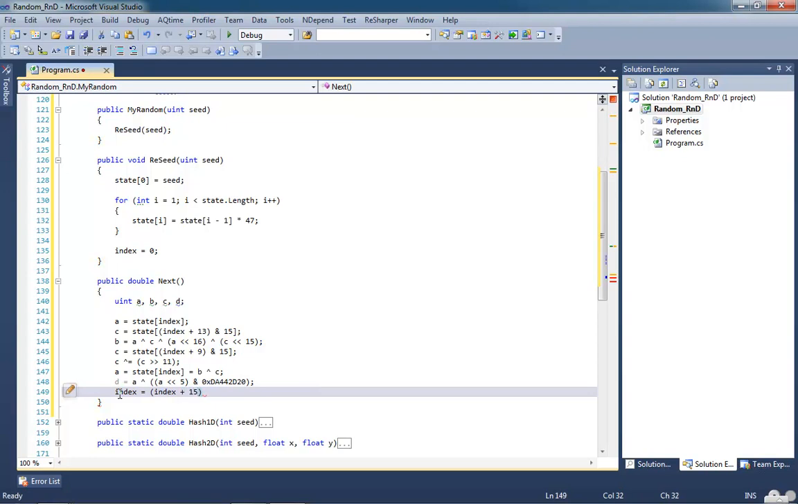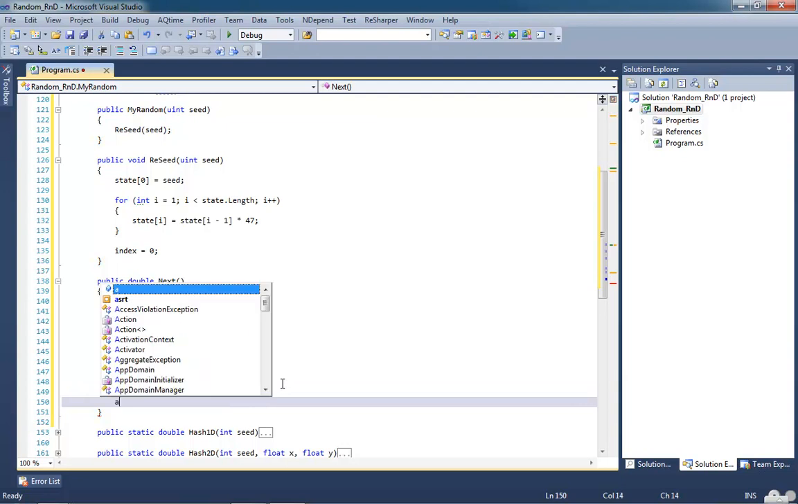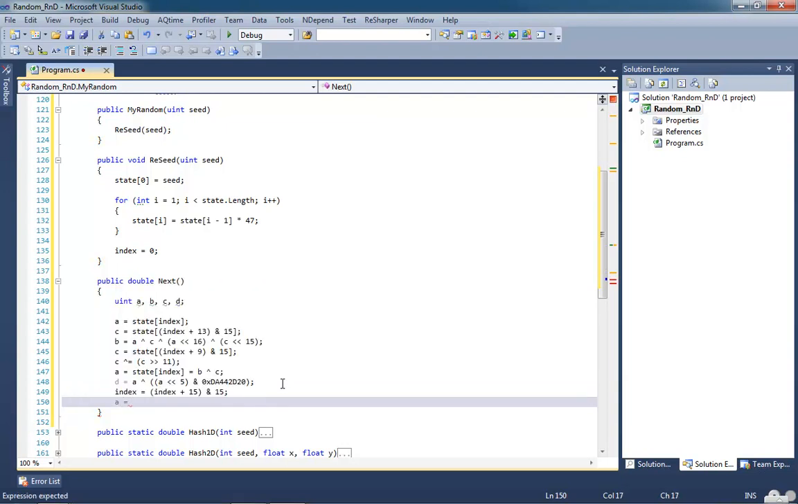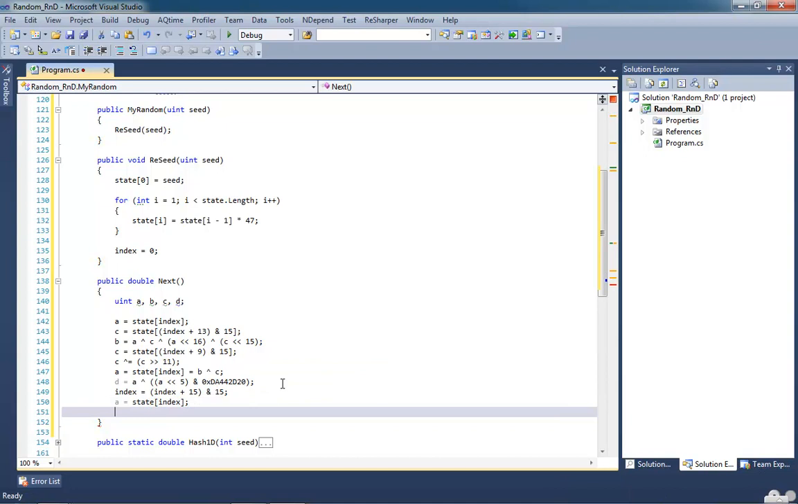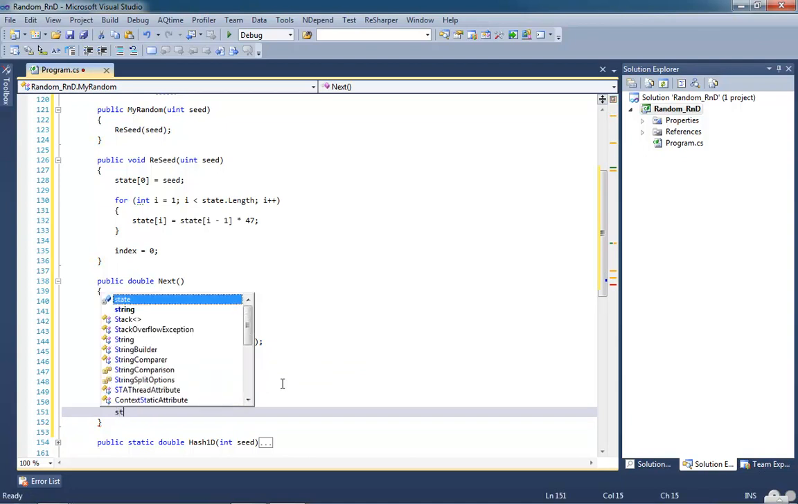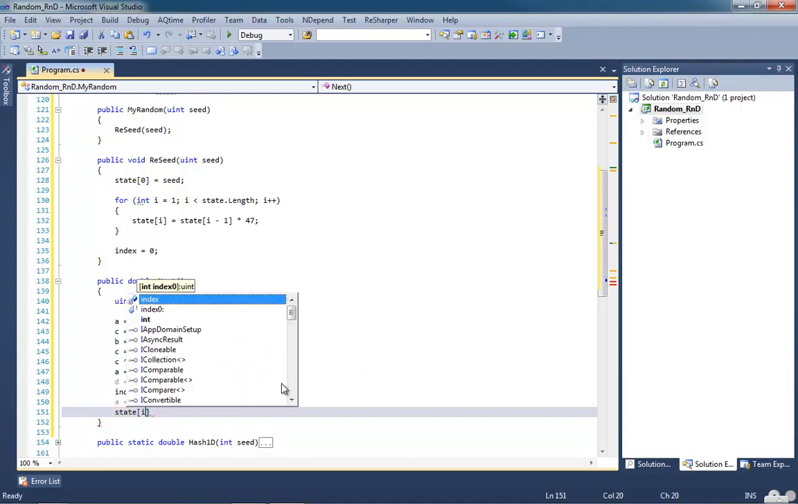So we're going to take index, and we're going to set it to be index plus 15. Also mask it again with 15 to make sure that we don't overflow it. So this is resetting index for our next value. And then we're going to say A equals state of index. And then take state dot index